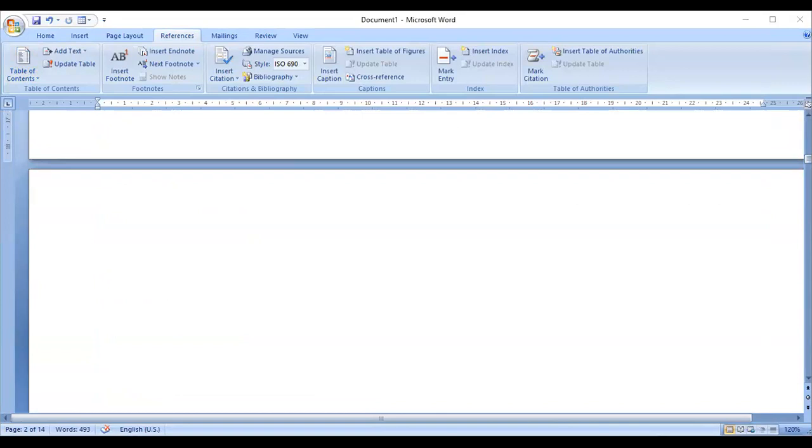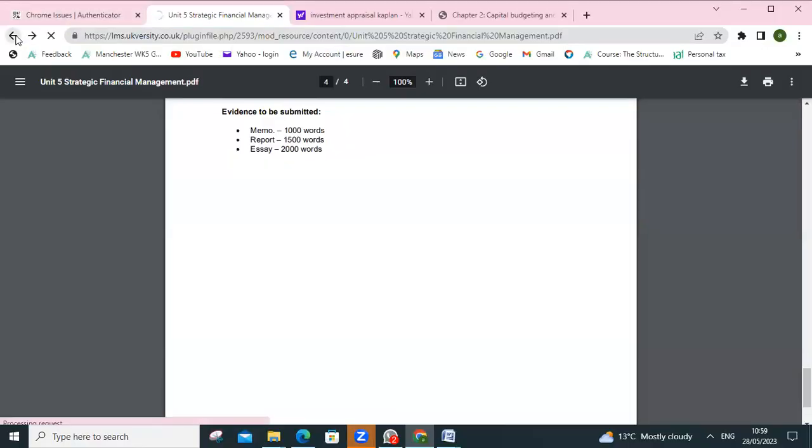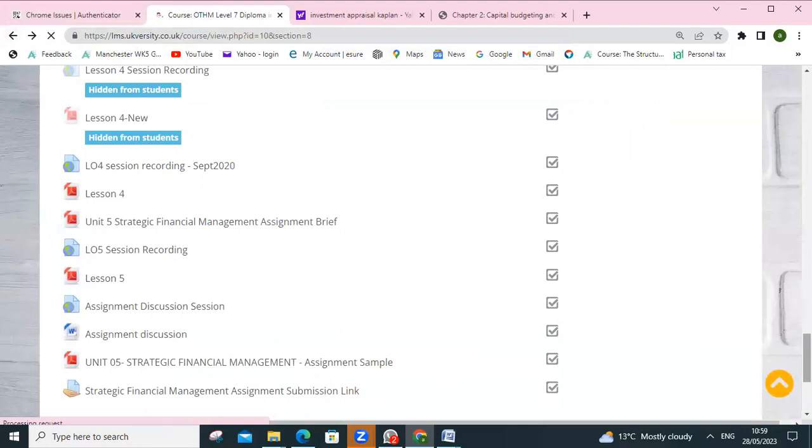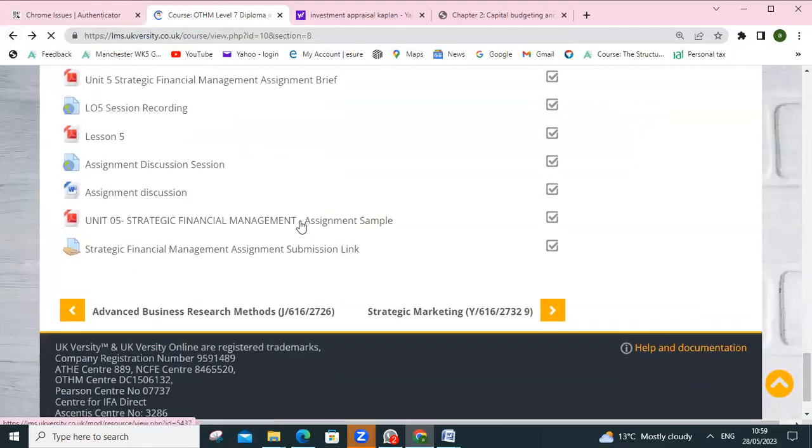And here we have some sample assignments as well. Please make sure you follow the layout of the sample assignments, as I already demonstrated. Here is a sample assignment as well. And if you have any questions, please drop me an email